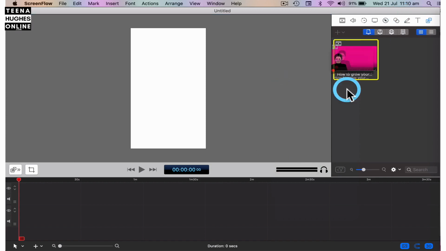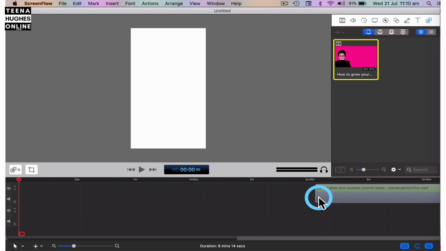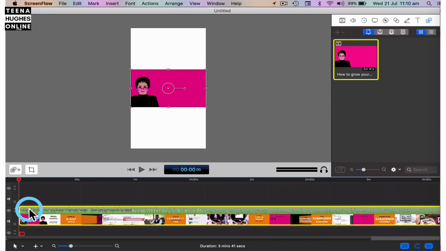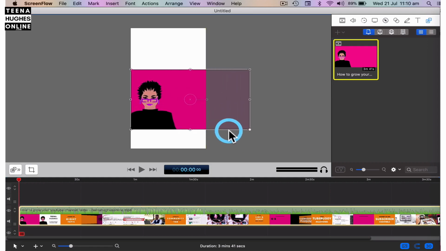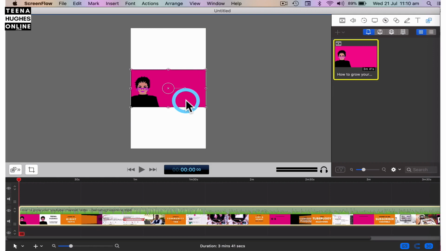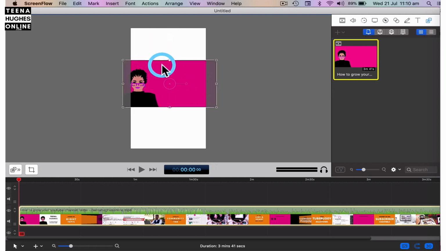So the next thing I do is drag down my normal video, and once I've put it on the timeline, you can see that it appears in the center of the vertical video. Now there are a few different things I could do. I could increase the size and just show parts of the video. I could grab any one of these indicators.